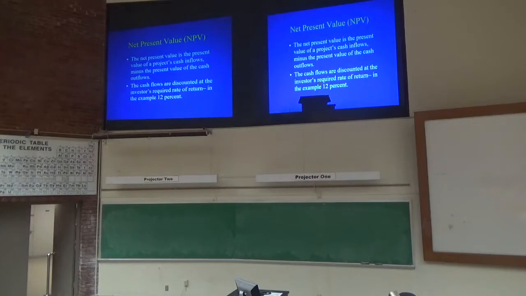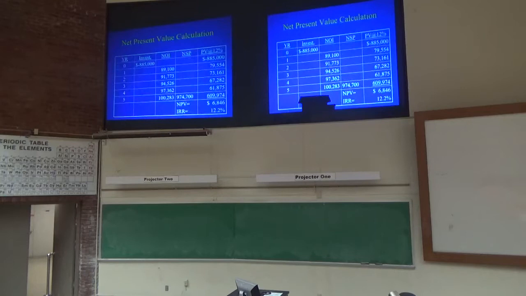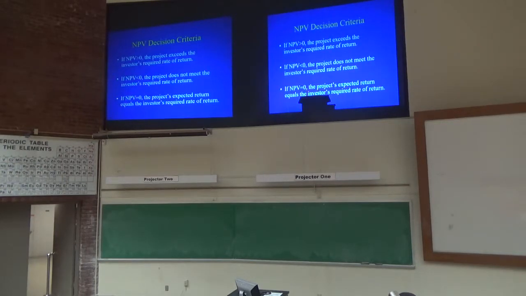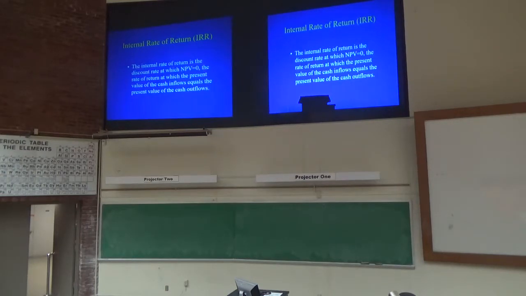If I know the present value and I know what it costs, if I take the present value and subtract out the acquisition price, I'm going to get the net present value. If the net present value is positive, we're going to do it. If the net present value is 0, we're going to do it. If the net present value is negative, we're going to reject it. We're not going to do it. So these are the investment decisions. Net present value positive, buy it. Net present value 0, I'm still going to buy it. Net present value negative, I'm not going to buy it. Okay. Those are the decision rules.